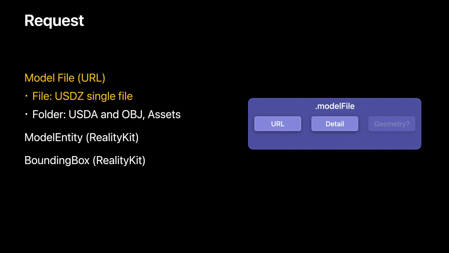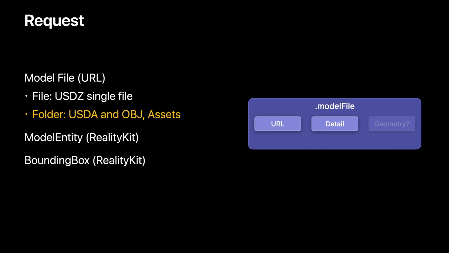You simply create a model file request specifying a file URL with a USDZ extension, as well as a detail level. There is an optional geometry parameter for use in the interactive workflow, but we won't use that here. For more involved post-processing pipelines, where you may need USDA or OBJ output formats, you can provide an output directory URL instead, along with the detail level. The session will then write USDA and OBJ files into that folder, along with all the referenced assets such as